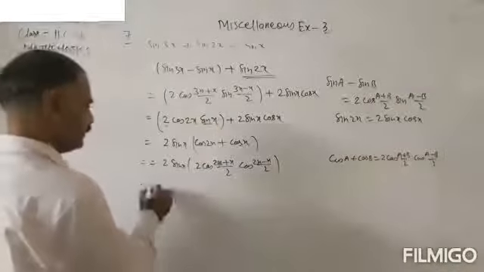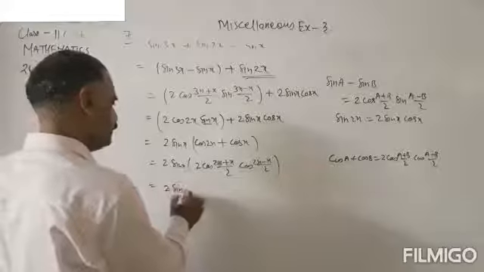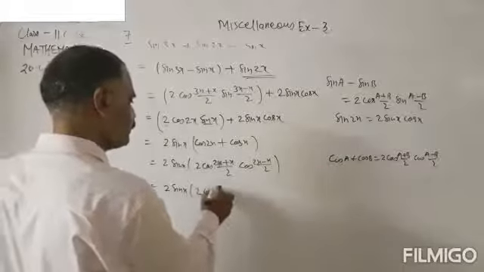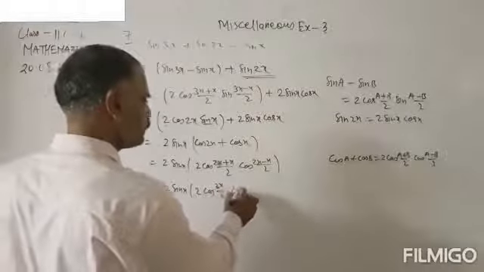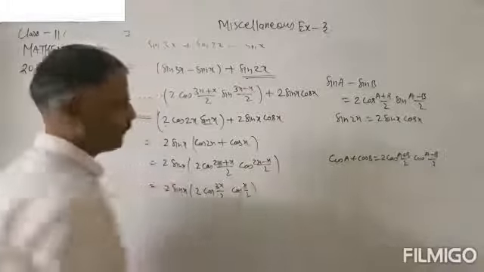That is 2x plus x by 2, and 2x minus x by 2. So this is equal to 2 sin x, 2 cos of 3x by 2 cos of x by 2. After solving this